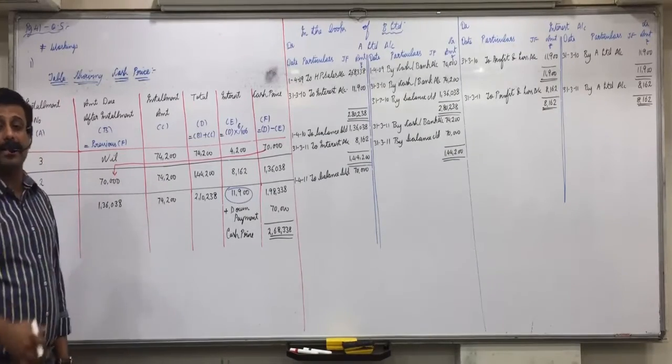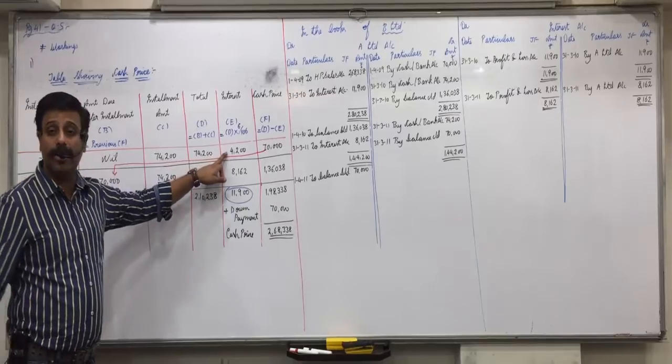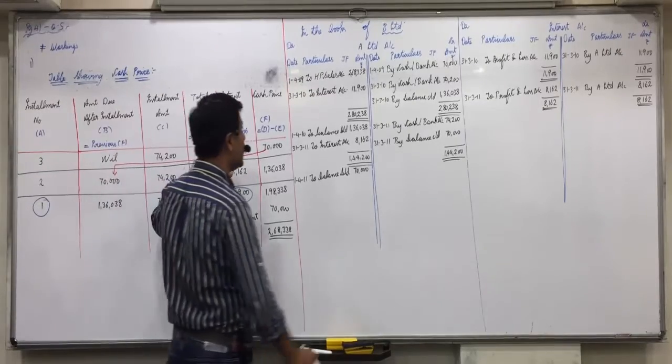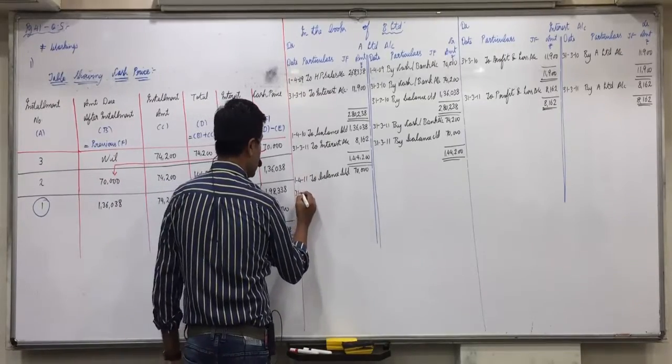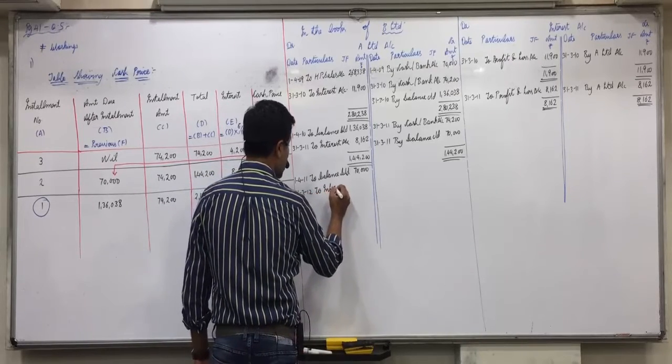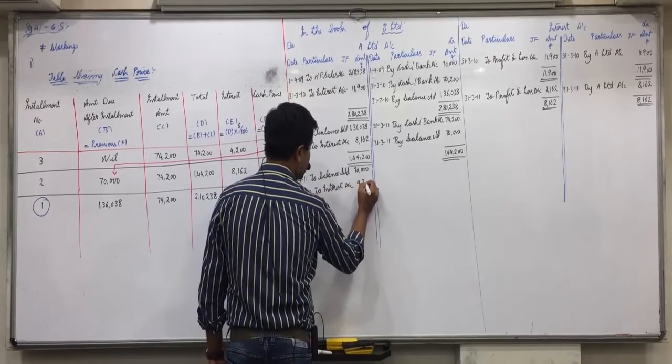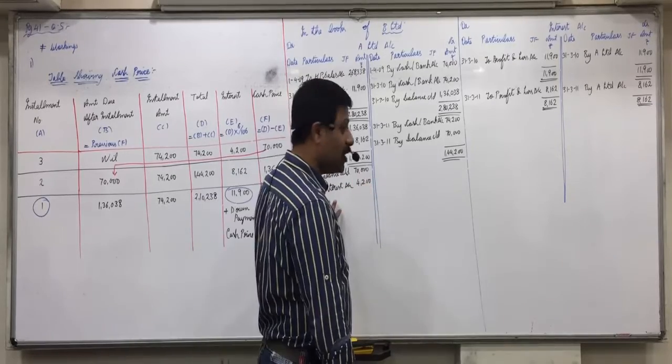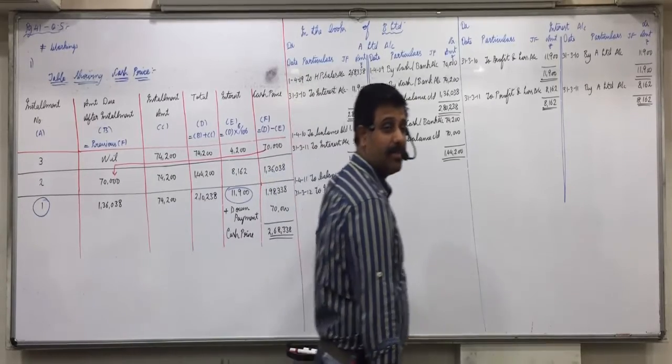Now in the third year, the first entry is the date. Now again in the last year, what is the interest amount? 4,200. For the seller it's an income, so A Limited account debit to interest account, 31,312 to interest account 4,200. What second effect will take place for this interest?